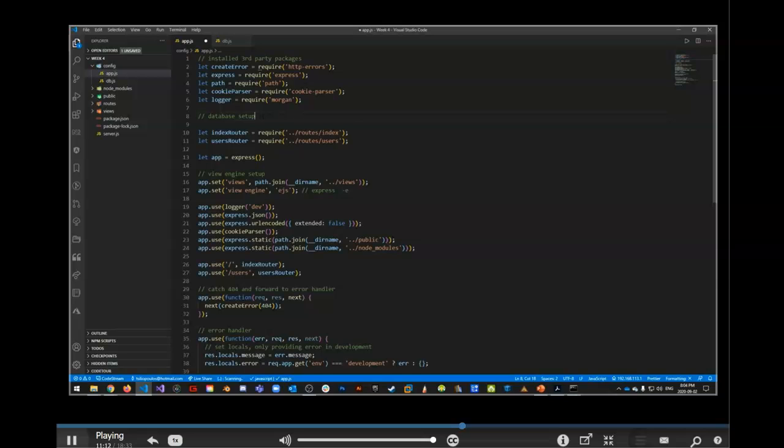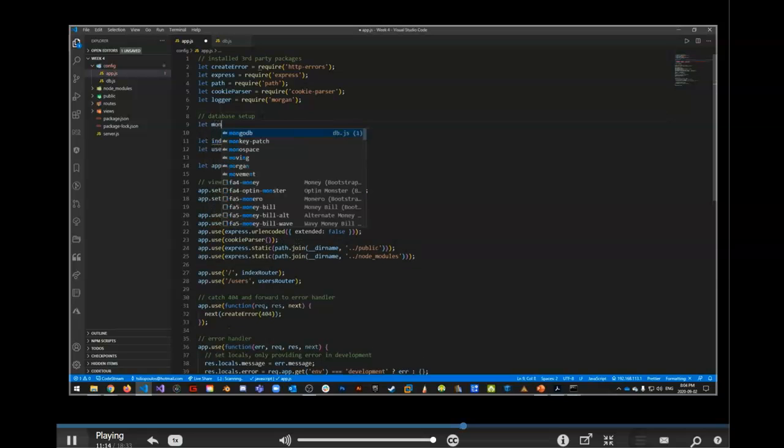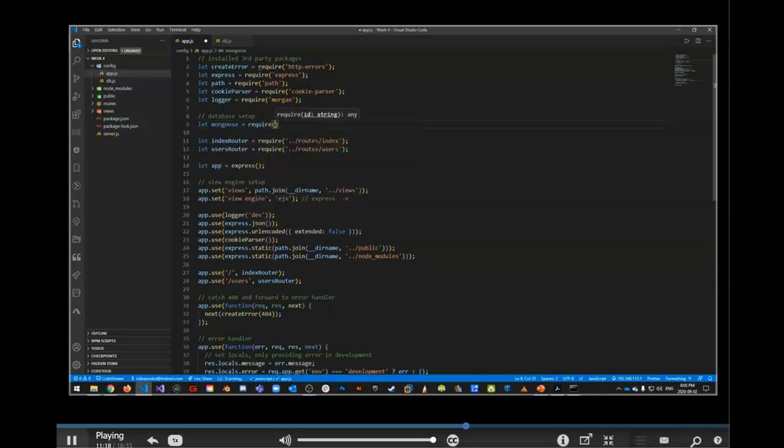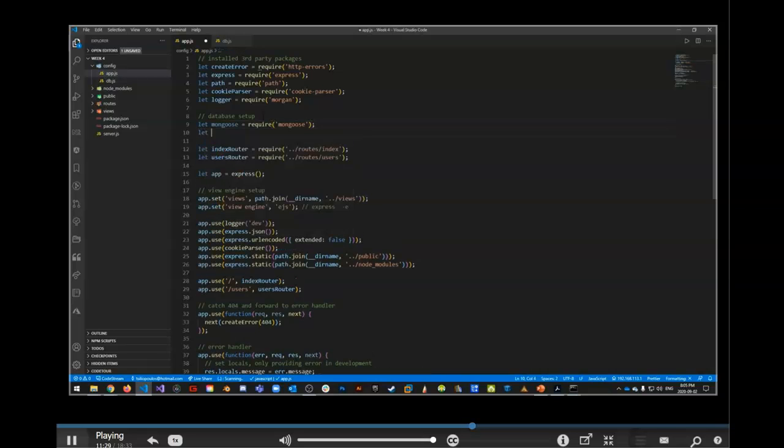So the first part is Mongoose. So let mongoose equal to require and then 'mongoose'. Notice that if it comes up with code hinting, that's a good indicator that the package has been installed properly. Okay, so mongoose connects us to Mongoose. Excellent. Next, let db, our database connection, equal to require and then